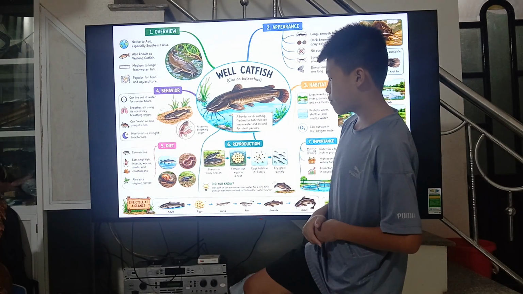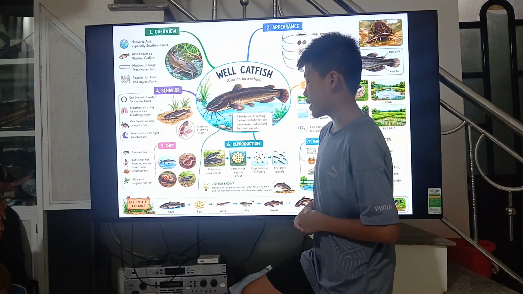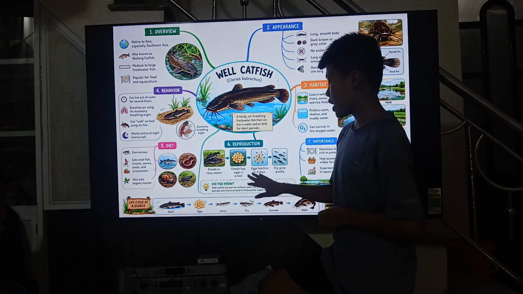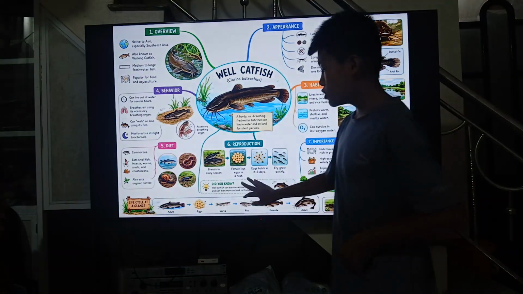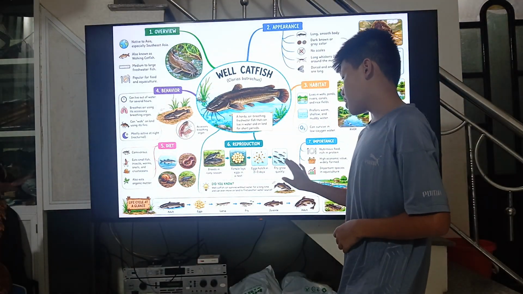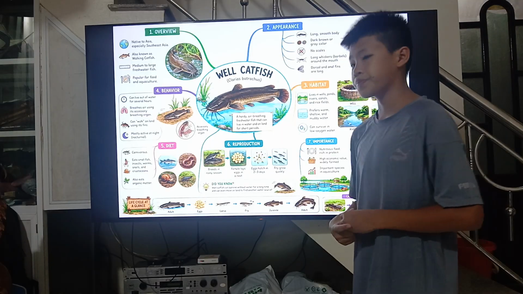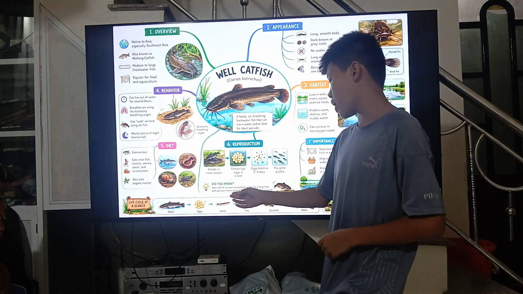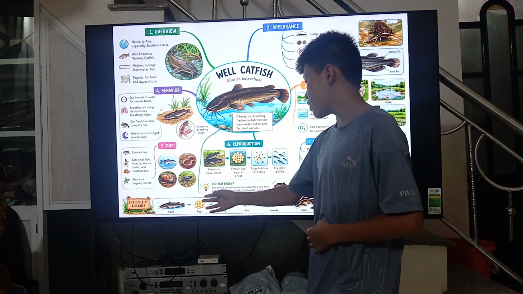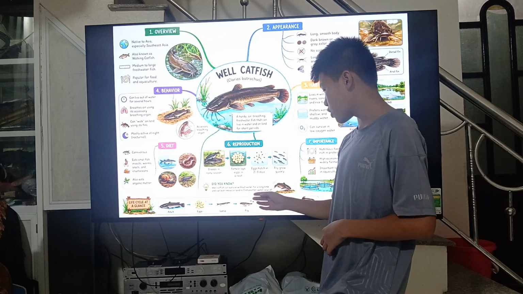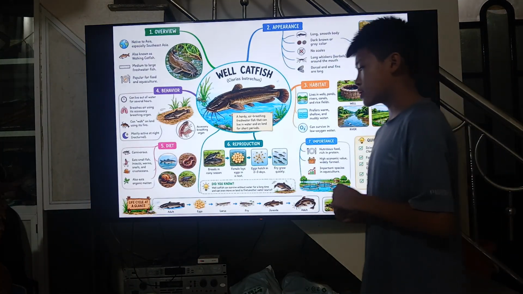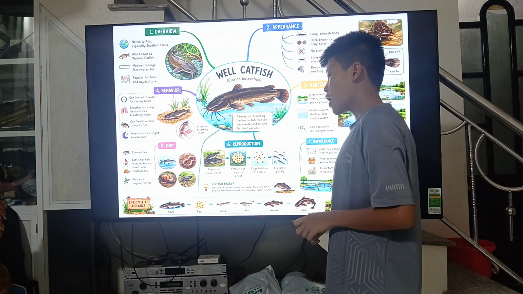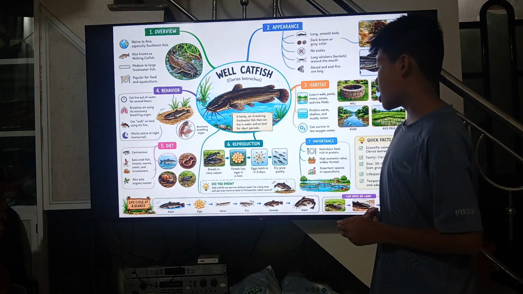Now let's talk about reproduction. They can breed in the rainy season, and the females lay eggs in the nest. Eggs hatch in about 2 or 3 days, and then they grow quickly. But do you know, the whale fish can survive without water for a long time, and they can move over land to find another water source. I will talk about the life cycle of the giants at last.